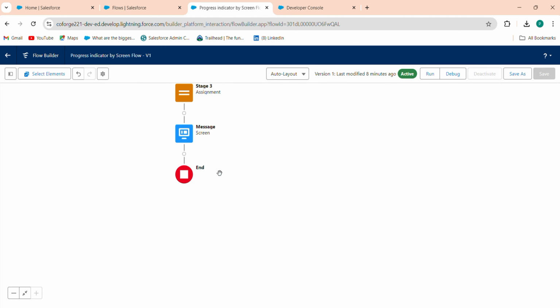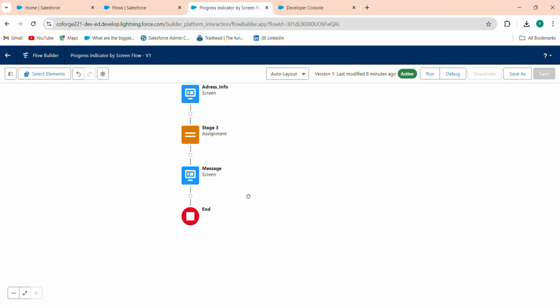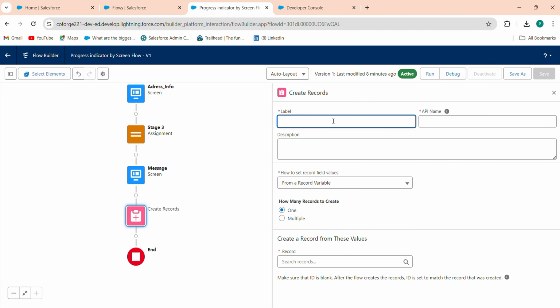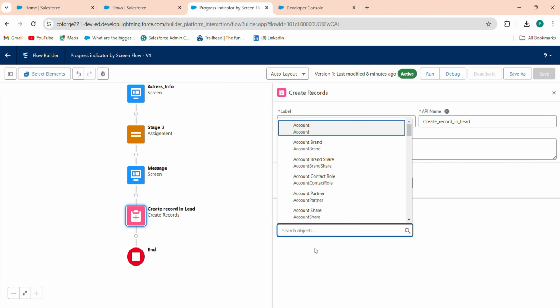Okay, once the user clicks Save and Exit, then the record is to be created, and after that it will navigate to the detail page also. So firstly I am creating a record. Create record in lead. I just want to create the record in lead. Object is lead,